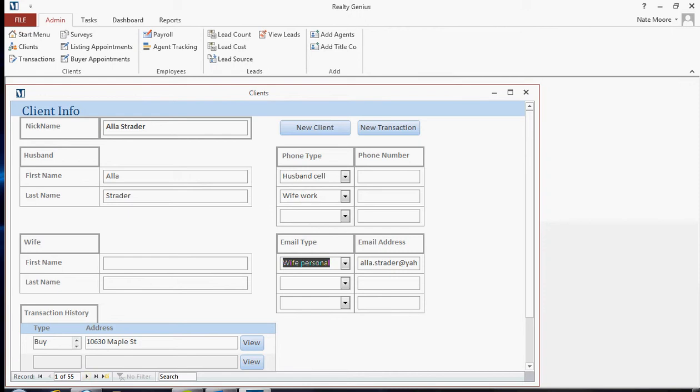Now what we're going to do is go ahead and create a new transaction. This will happen when there's actually a ratified contract and a new client needs to have their information entered into the system. So we're going to go over here to the new record button, click that, and we're going to go ahead and say